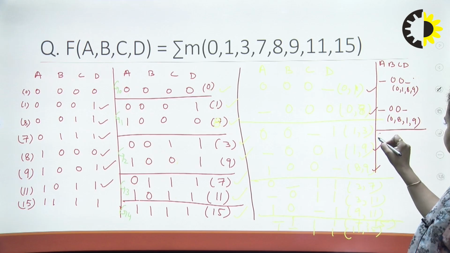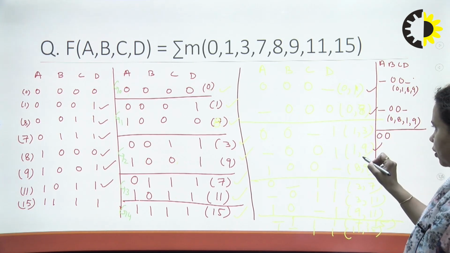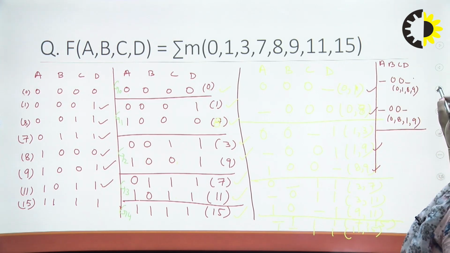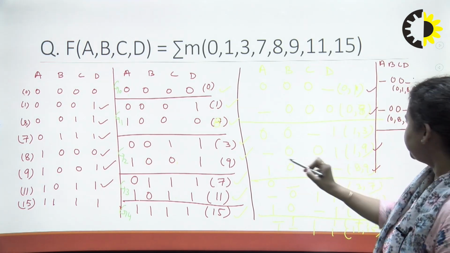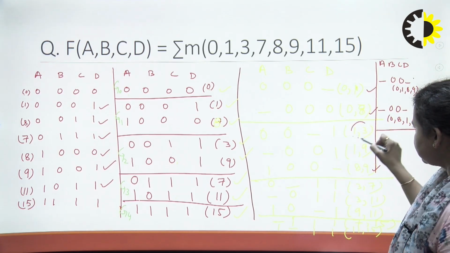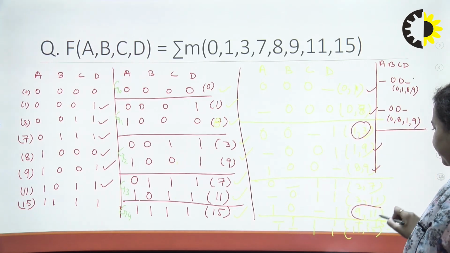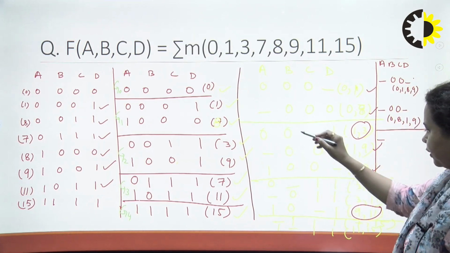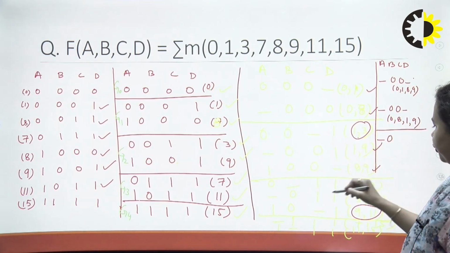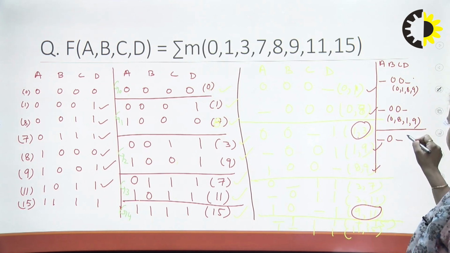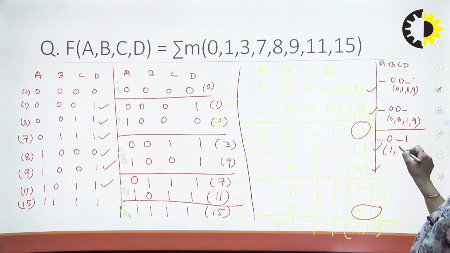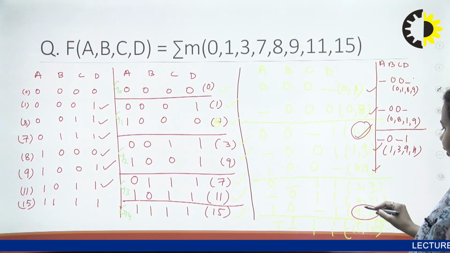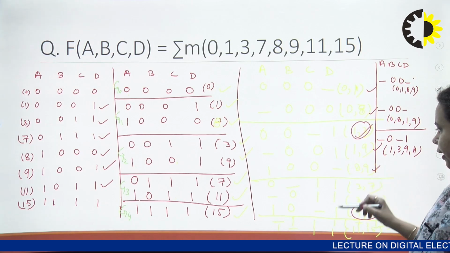So you put 0, 0, no, you see 1, 3, this and 9, 11, right? So the first bits are not matching, so you put dash, then you put 0, then you put dash as it is, and as it is 1. So you write down the name 1, 3, 9, 11, right? Put dash, put tick, and here tick. Now you check and compare another bit.